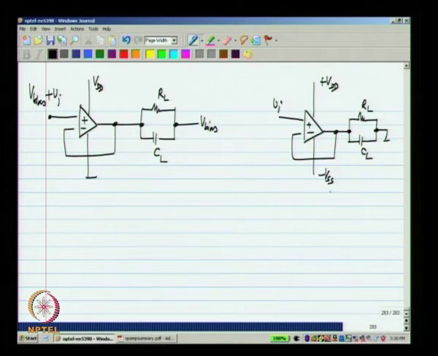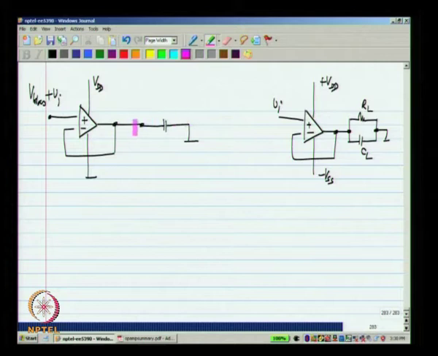Now, if we have only a capacitive load, it is not necessary to connect it to Vbias, we can connect it to any voltage, because even if you have some DC across the capacitor, it is not going to draw any current. So, if you have only a capacitive load, it can be connected to any voltage. So, this Vterm can be anything, but if you do have a resistive load, if the voltage on the right side is anything other than Vbias, even in quiescent condition, some current will be flowing out of the op amp.